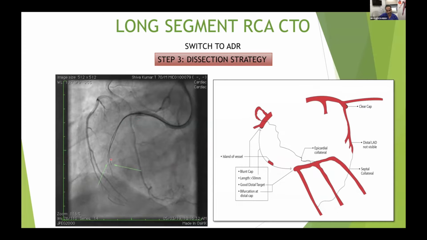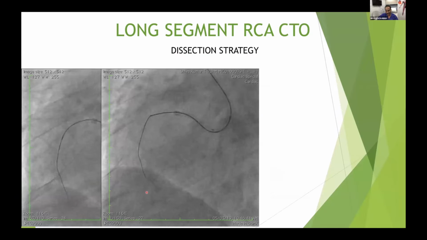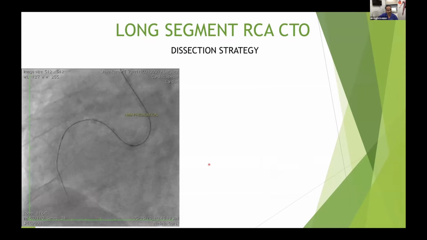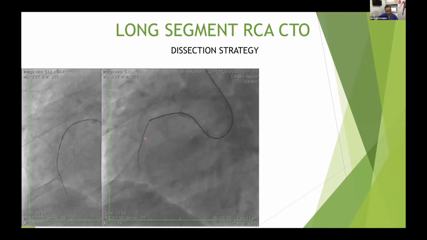In this case, my wire is already in, so I can dilate with a 1 mm balloon here and create a space. So dilate with a 1 mm balloon in this segment, create a space, and from here you can advance Crossbars till this point, that is till the distal re-entry, so that you can do a dry re-entry. So what we did, I dilated with a 1 mm balloon, you can see here, and then advanced Crossbars into this segment, you can see here, and then